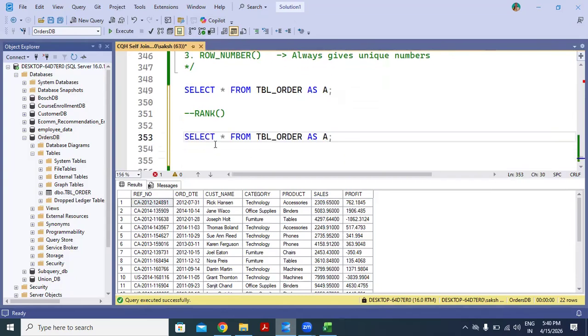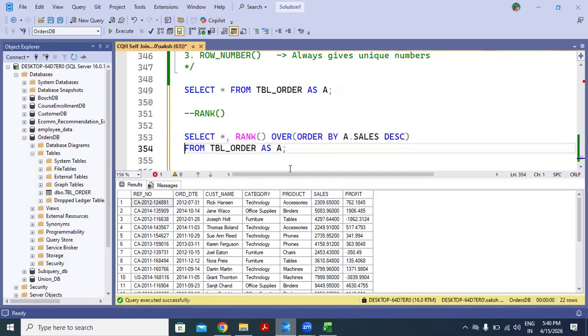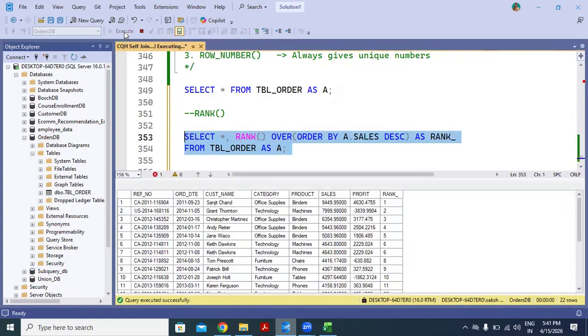So we want all the columns, comma, rank over order by sales in the descending order. And let's give the name as rank. Just select it and execute it.